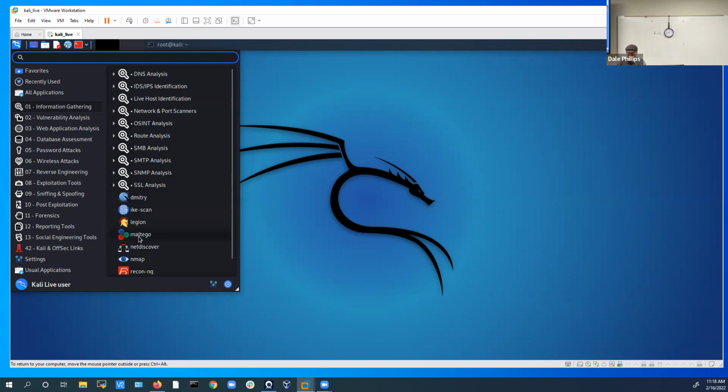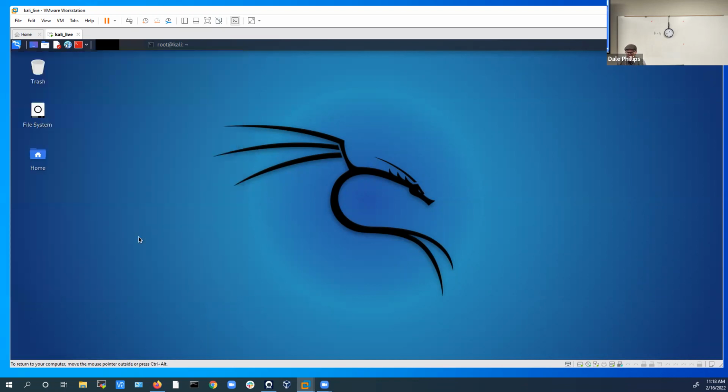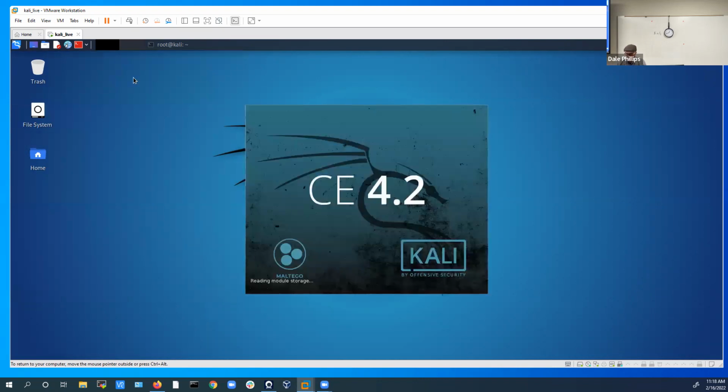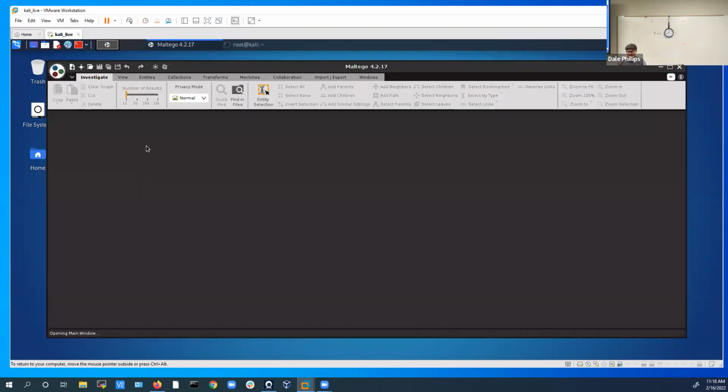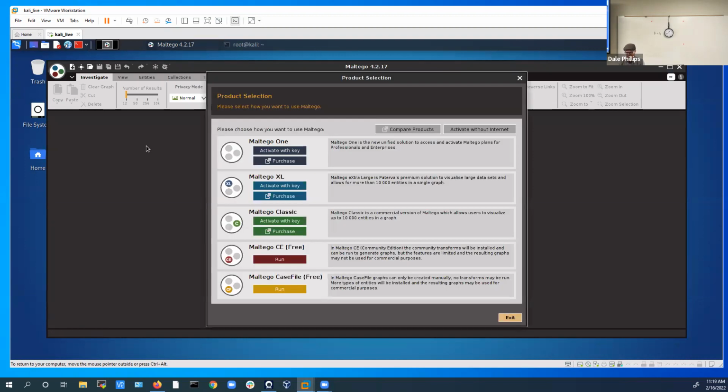Now, this particular tool won't work very well on my installation because I'm in a NAT arena. If I were to install Maltego on a machine connected to a flat network,